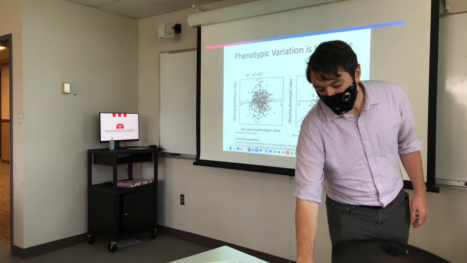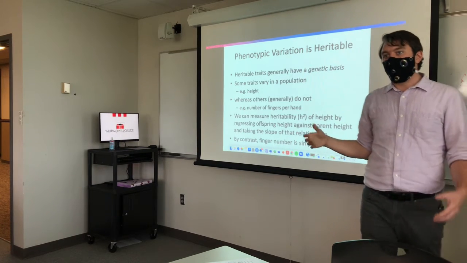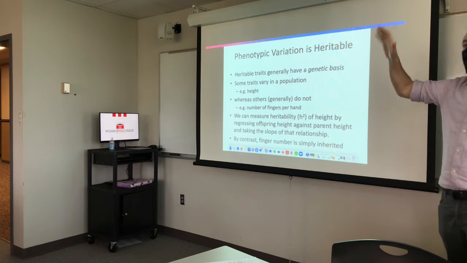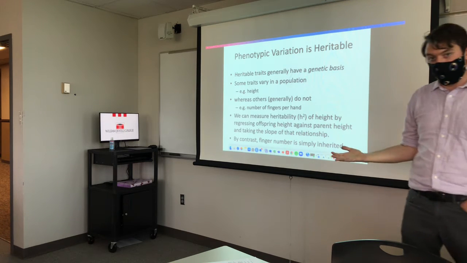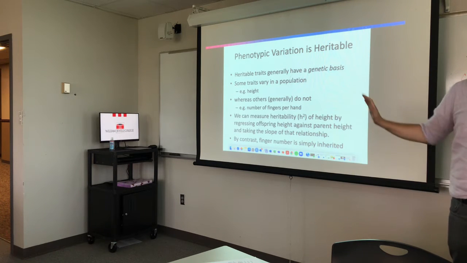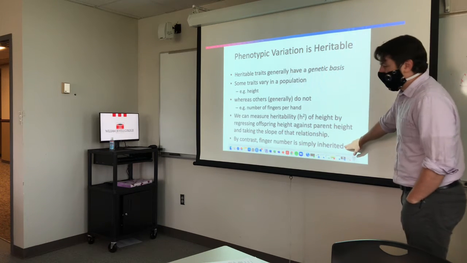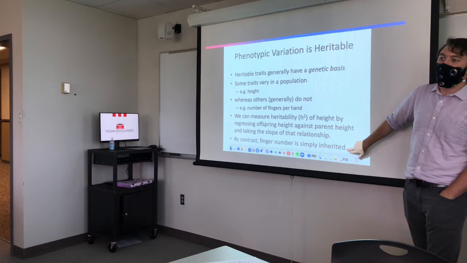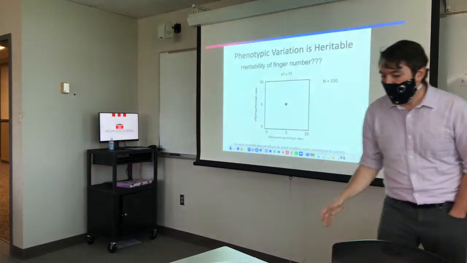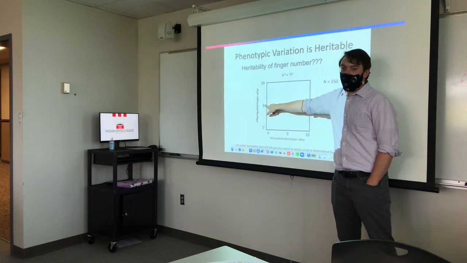If we think about traits that don't vary in a population, at least genetically, like the number of fingers on your hand, that's something you inherit from your parents, from your ancestors. We all have 5 fingers because we inherit that, but there's not that variation upon which natural selection can act. So I'll use inherited when I'm talking about traits that don't have that kind of variation that can respond to natural selection. Graphically, it would be hard to put h squared if every parent has 5 digits and every offspring has 5 digits. Where's the slope without a line? It's just a point.